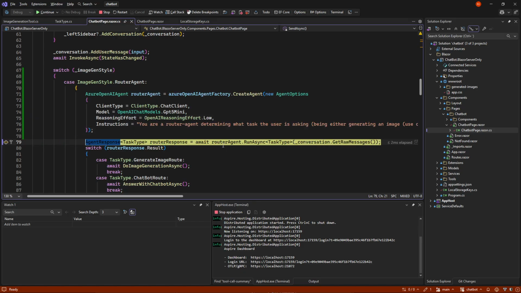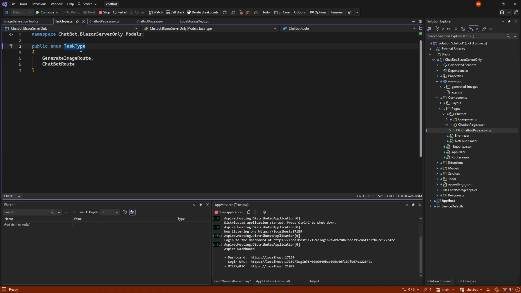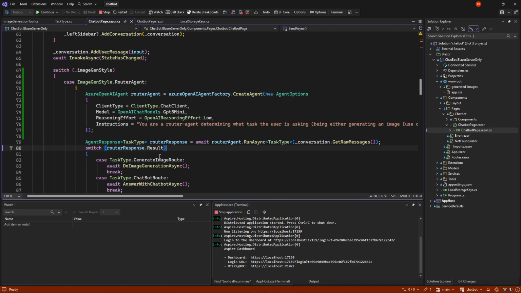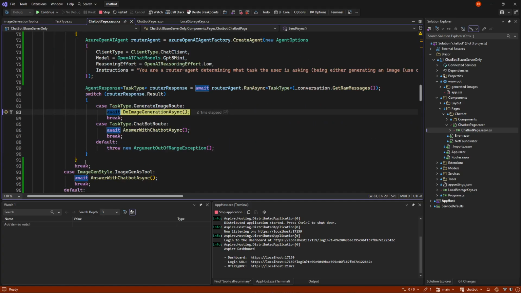And we do that using just a normal structured output of something I call task type, where we have the two different routes, as they're called here. And in this case, since we said generate image of a cozy house on a hill, we can see that we end up in the task where it's generate image.